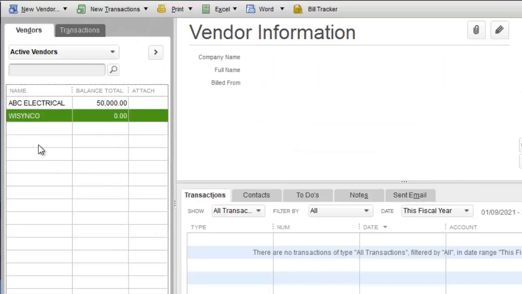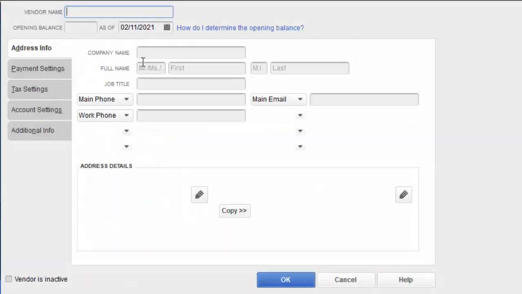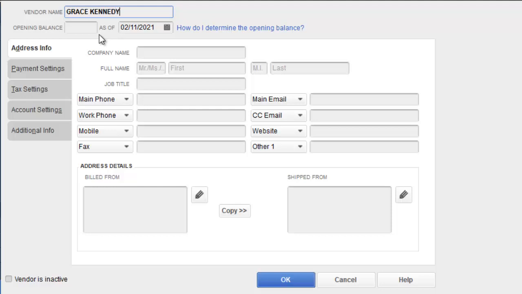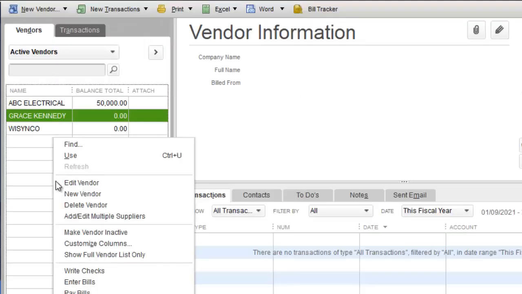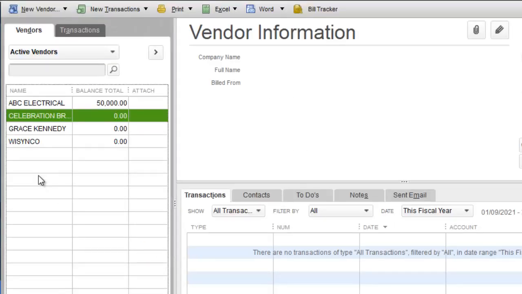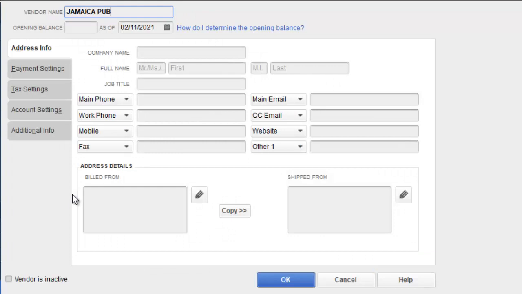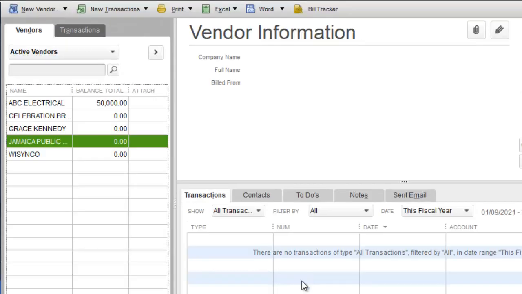And we're not going to add all the details in the interest of time. So we have added 5 vendors,